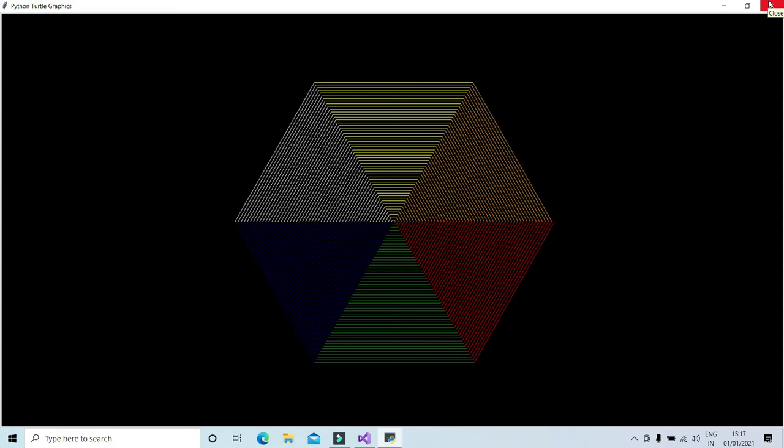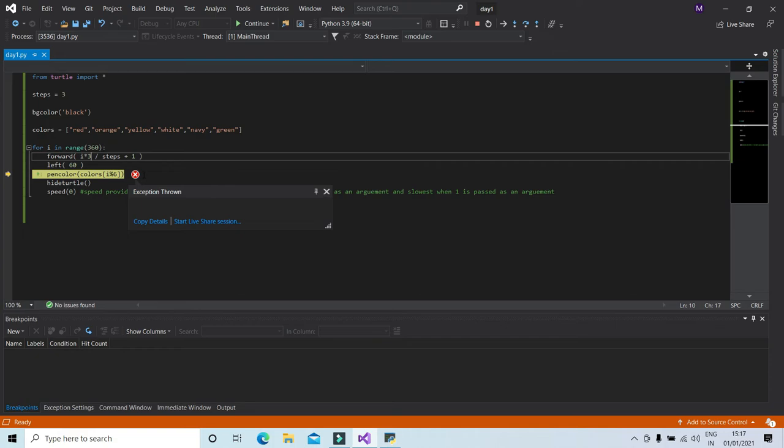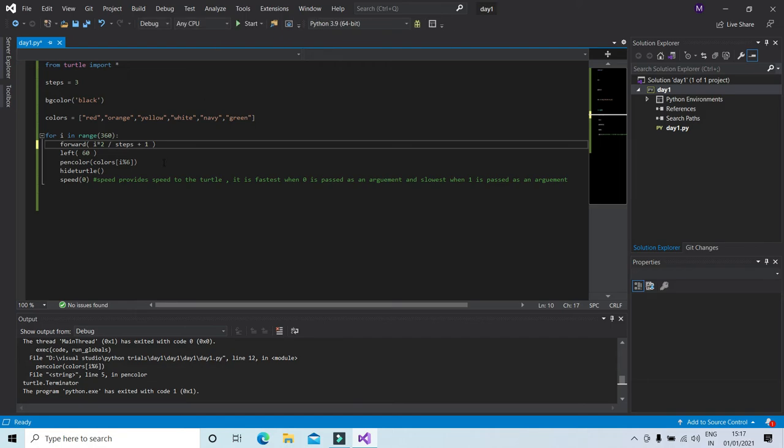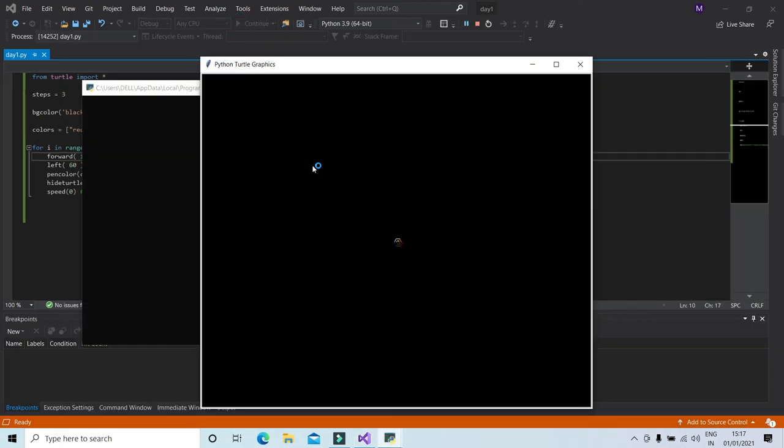Cool, right? So how about we now make this thing 2 over here? What if we make this factor 2 and start the program again? Doesn't it make this hexagon a little bit more compact?